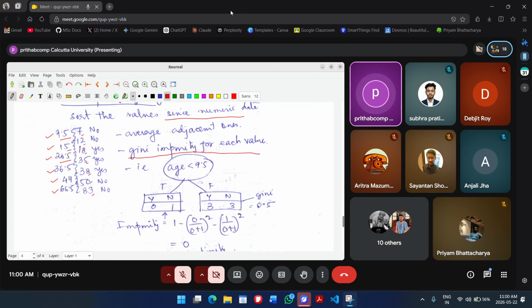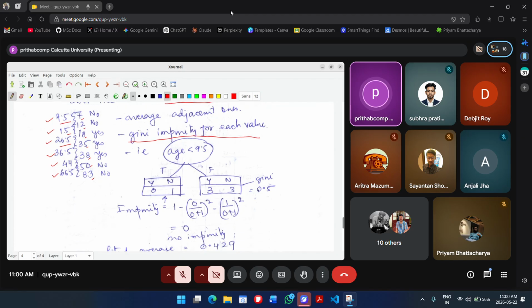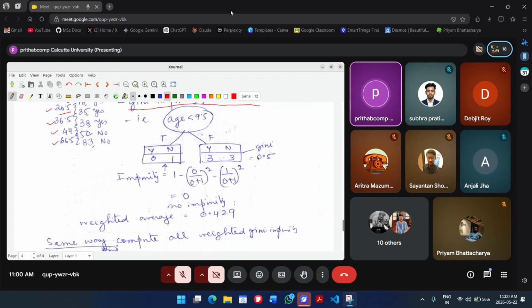Okay. So how our node is going to be: age less than 9.5, true and false. Similarly, age less than 15, true or false. Age less than 26.5, true or false. So 3, 4, 5, 6 things you have to do in this fashion. For example, I have done one here. So age less than 9.5. If you just see yes and no, here you see that we have got a pure class and here we have got a